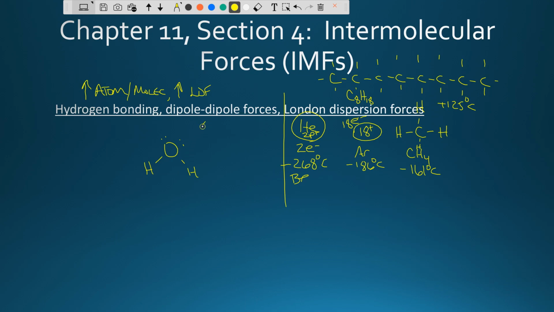But we also see, if I put another oxygen here and my hydrogen here, notice that this is a partially positive side that would stick to the partial negative side. And so those forces are going to be attracting to one another, and water becomes almost sticky, if I was going to describe it that way. It's permanently electron heavy on one side, so it's going to have a much higher boiling point than the London